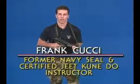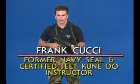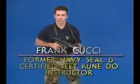Okay, in this tape what we're going to cover is strikes using the elbow, strikes using the knee, strikes using our kicks, which are generally directed to the leg area, using the shin. Most of these techniques have been derived from the art of Thai boxing. As you'll see, these techniques can be used by SEAL team members while they're encumbered with load-bearing equipment, or we